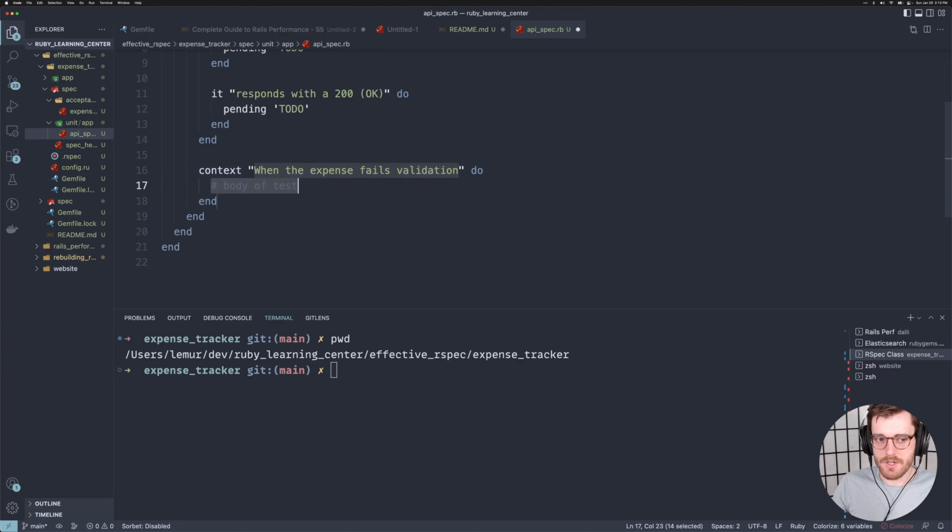When the expense fails validation. So as a general rule with RSpec, if you happen to be testing something, always test both the positive and the negative case. If you only test the positive case, well, how do you know it's working if you can't prove that it also fails whenever it gets something that you're not supposed to give it? Or rather, something that is expected that should fail it. And that's the problem sometimes. I've seen a lot of unit tests which say 100% coverage, we're great, but they don't test a negation case and then end up missing an entire branch of behavior there. Anyway,